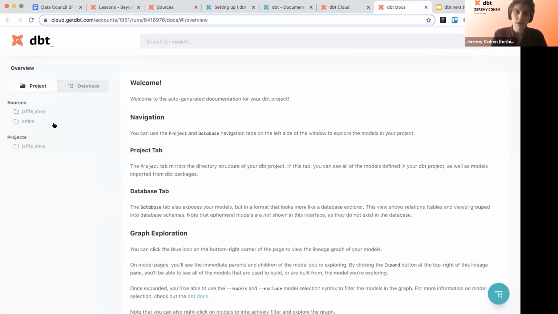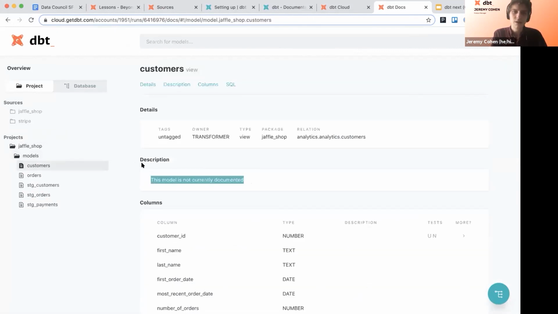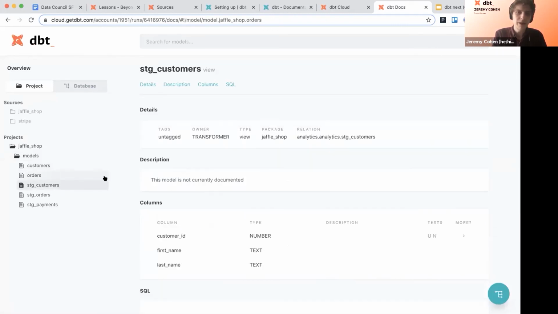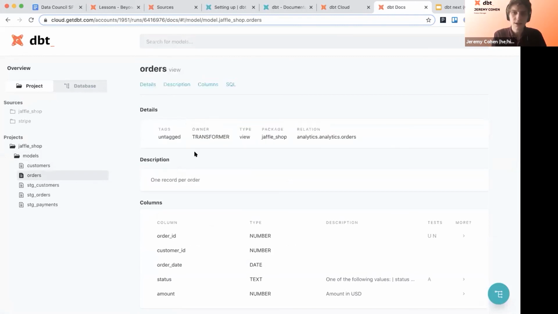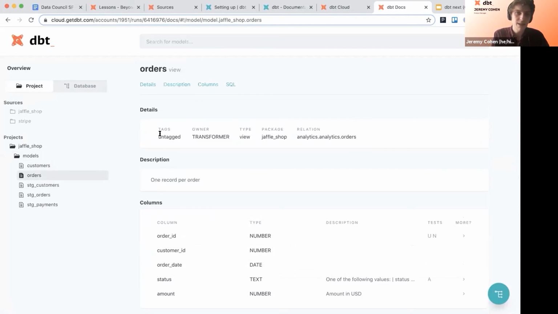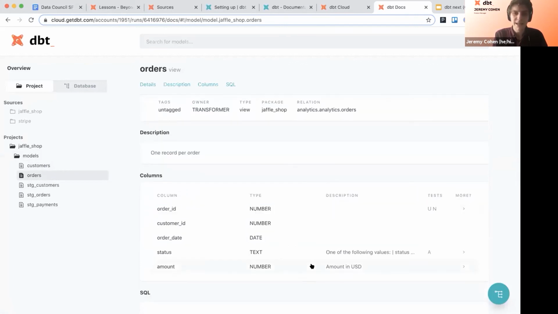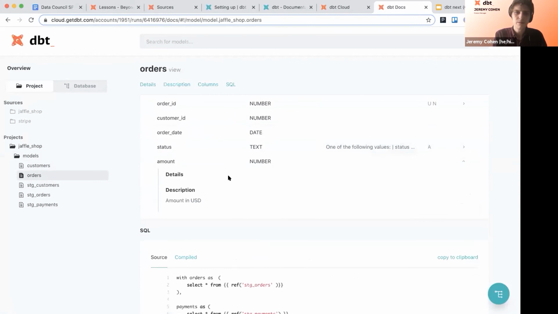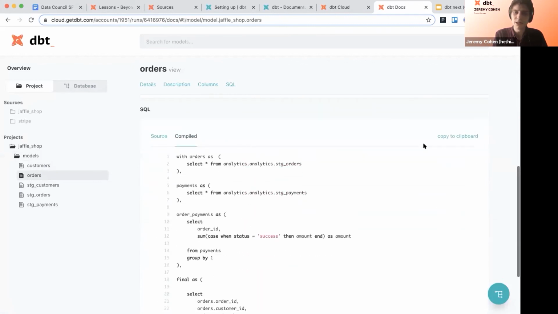So this has a lot going on, but this is all code, just like the code we were writing, all code that we could write together. We can add descriptions to models and actually push information into the documentation site. The documentation site also pulls a lot of information out of the database. It pulls metadata from the project about tags, owner, columns, data types of those columns from the database, as well as the source and compiled code.